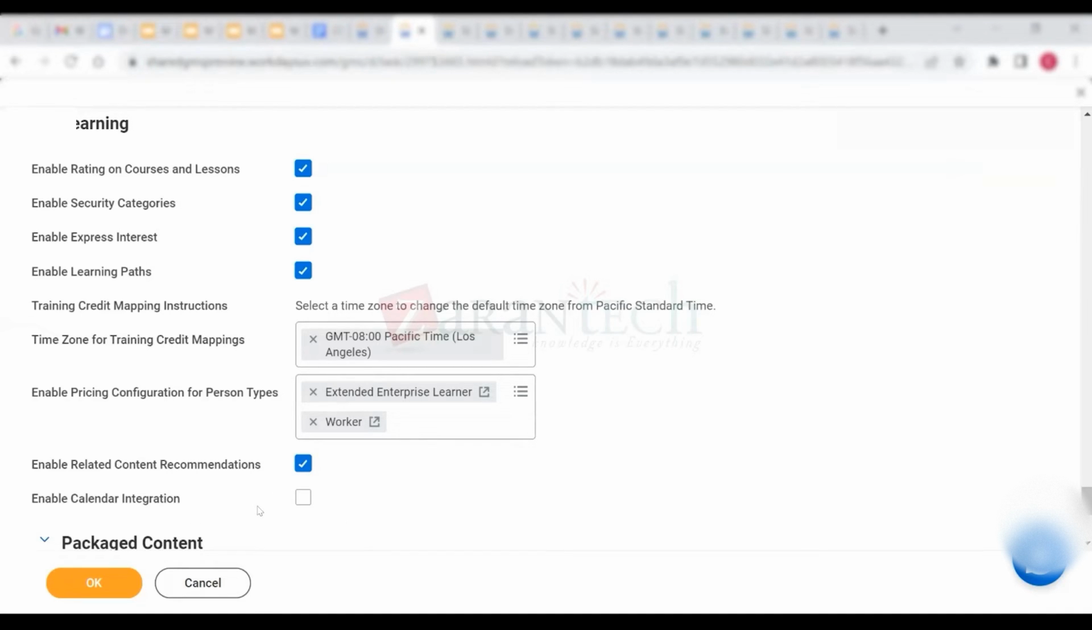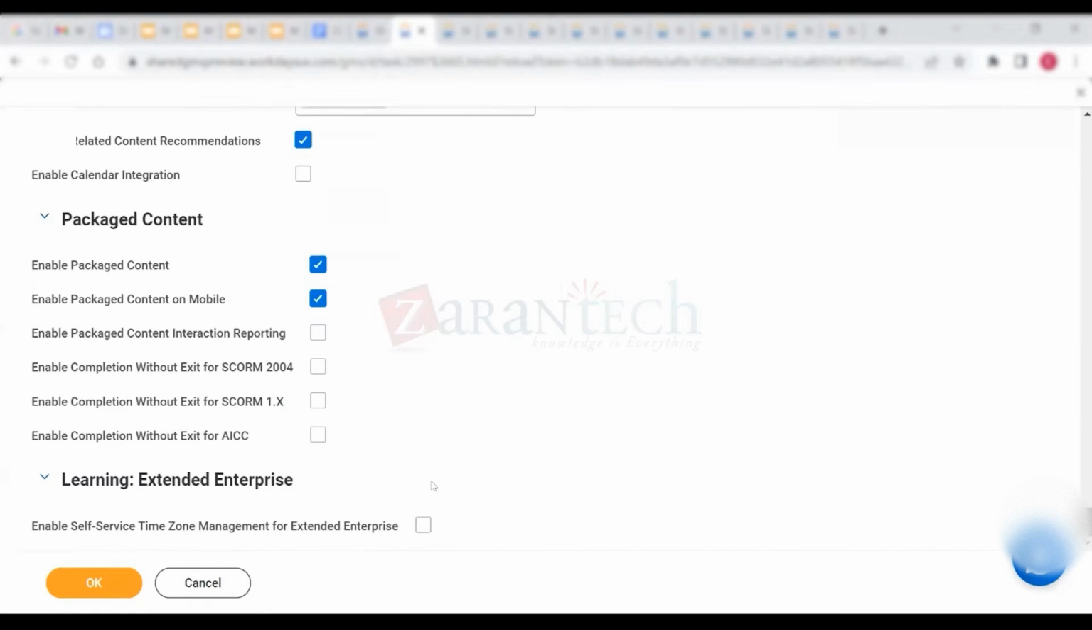Okay, but can we control the scheduling of those reminders? Exactly, you can control it in the Workday. Okay, gotcha. And packaged content? Yeah, and then there is packaged content. That means in case you have a SCORM package, that is a bundle or bundled courses that